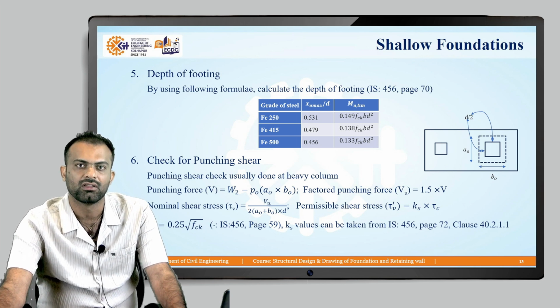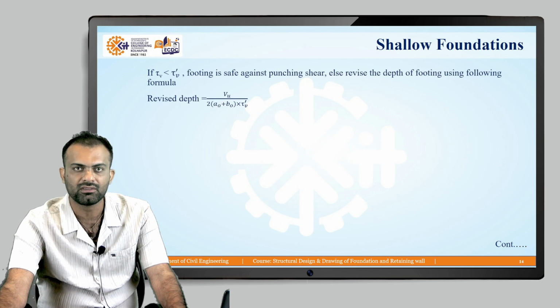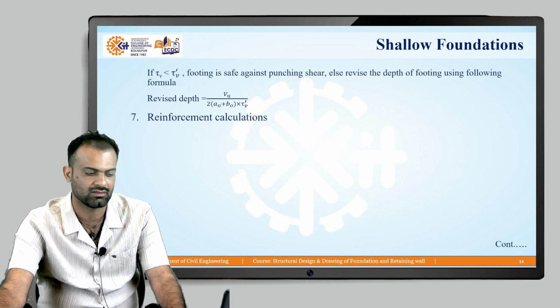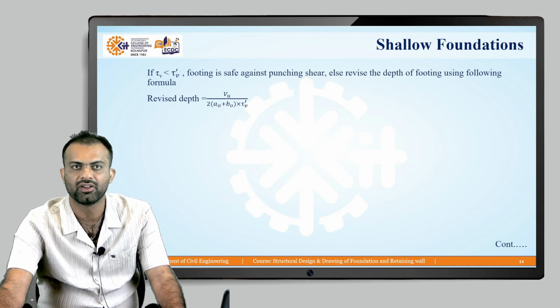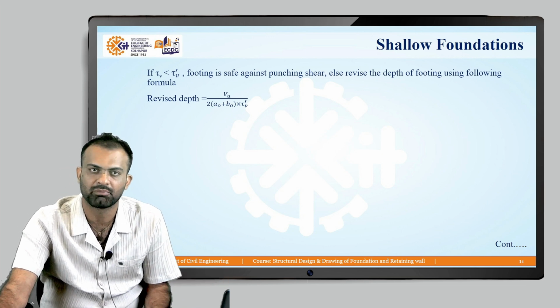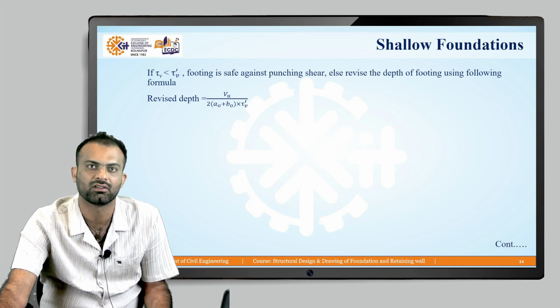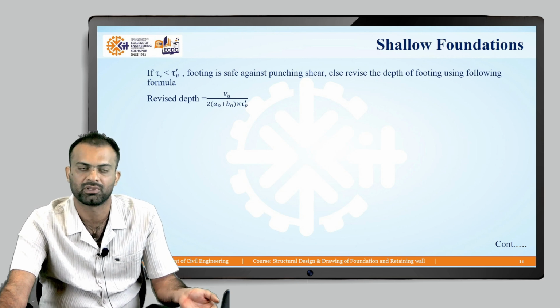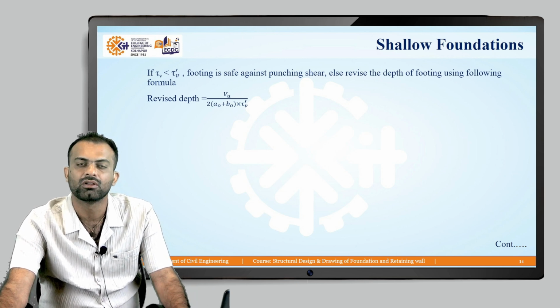the Ks value. If the normal stress tau V is less than tau dash V, then the depth of the footing is sufficient to take care of the punching shear. If it is greater than tau dash V, then we need to revise the depth of the footing by considering this value. So from this formula you are going to calculate the revised depth. So this way we need to